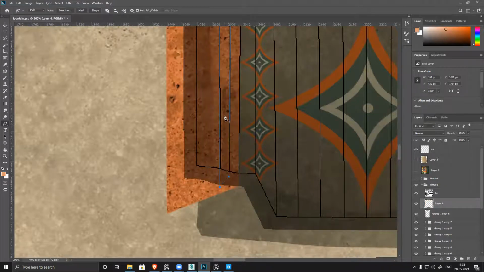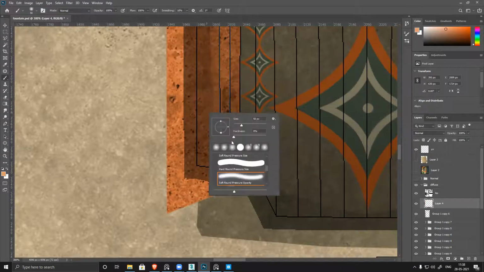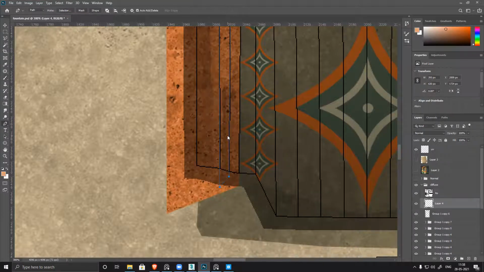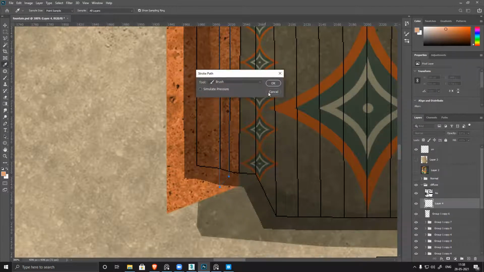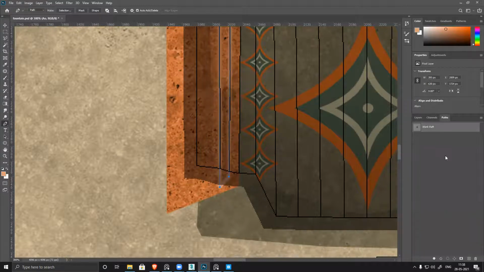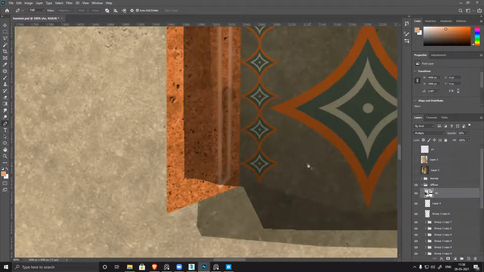So the brush is wrong. Go to brush, select a hard brush or maybe a soft brush is also fine, but the size of the brush you have to define here. This much size is fine. Go back to the pen tool again, right click, stroke path, brush, okay. Control. You see, now you have this path, this highlight here.